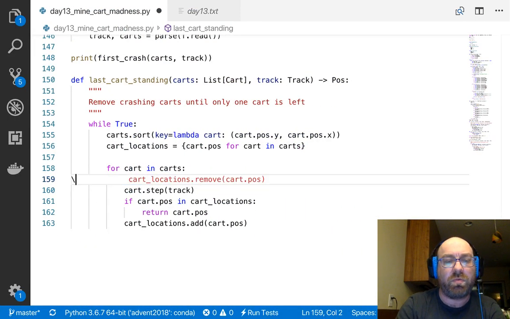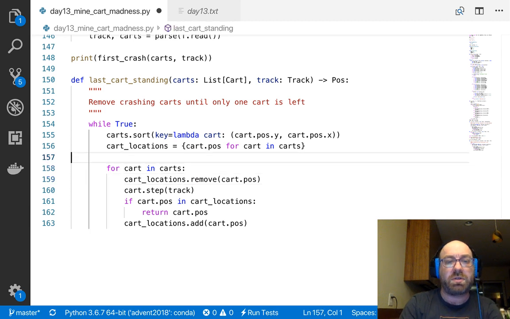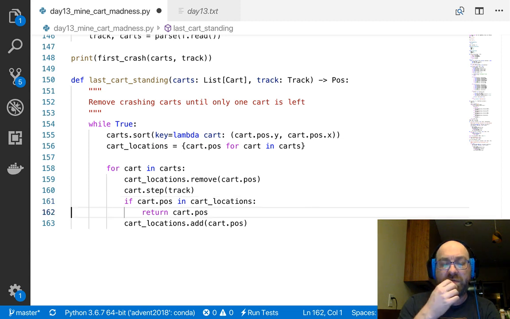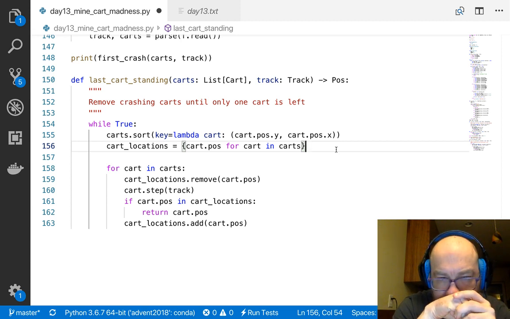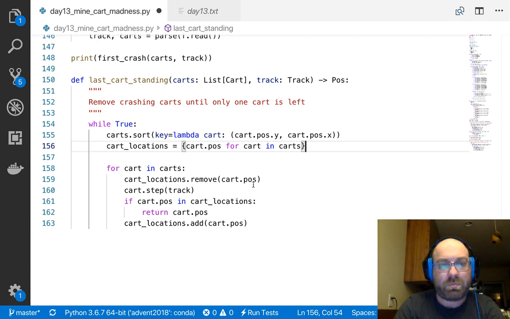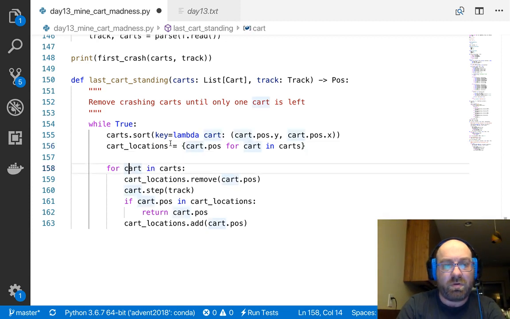So I can run the whole tick, I guess. So I don't need to worry about that. So for cart in carts, if cart pos in cart location, for i, cart,